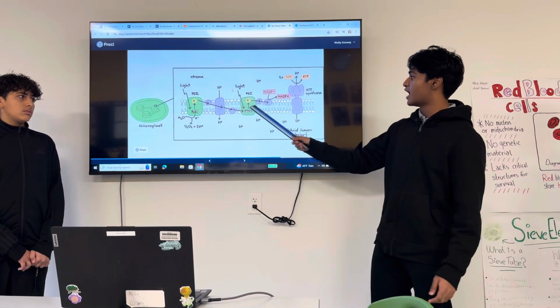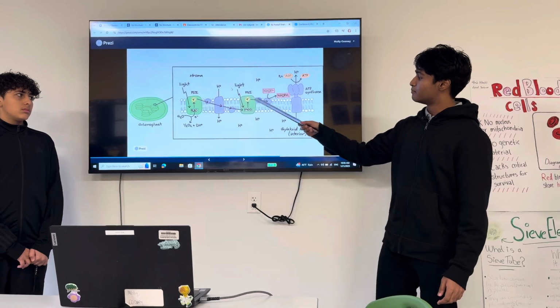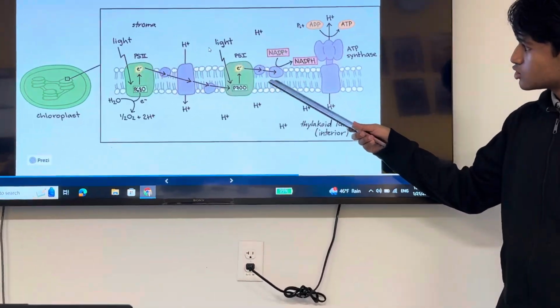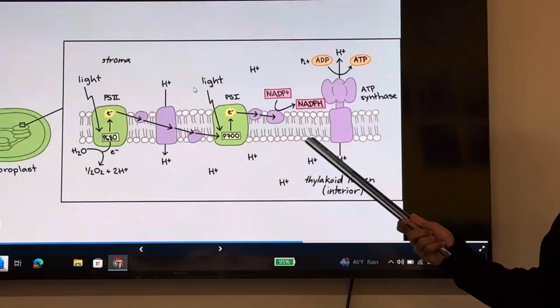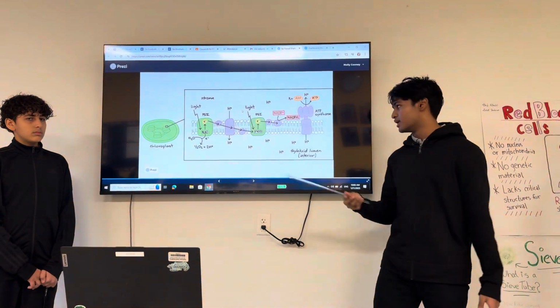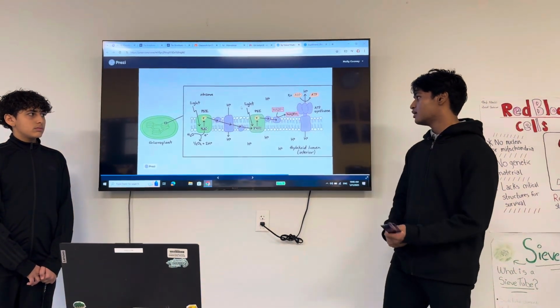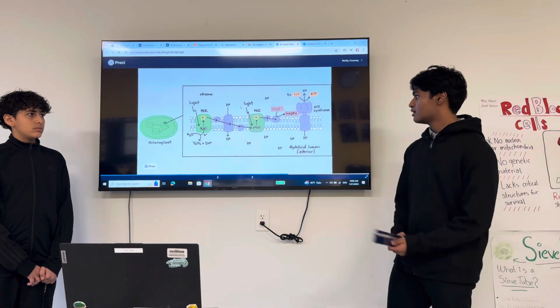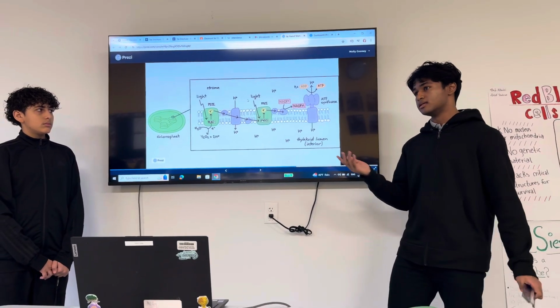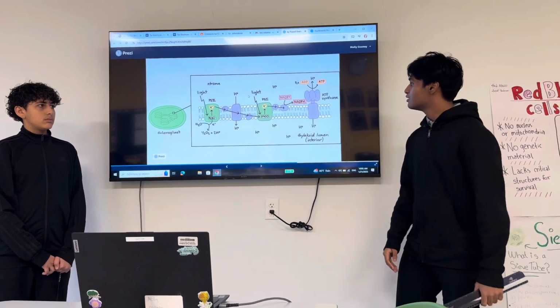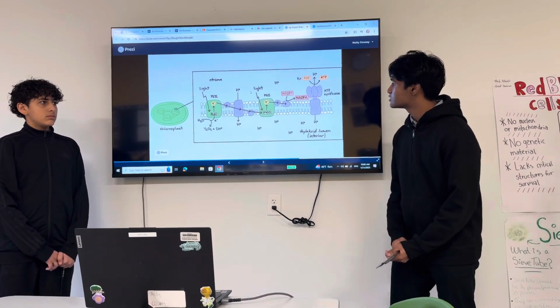And this is going to be passed through these little locations, which are called NADP reductase. By the name, you can probably guess what happens: it reduces NADP and turns it into NADPH. It's very similar to cellular respiration. We had NAD and then it turns into NADH, if you guys remember that. And then afterwards,